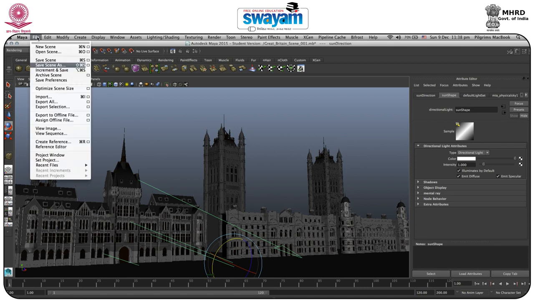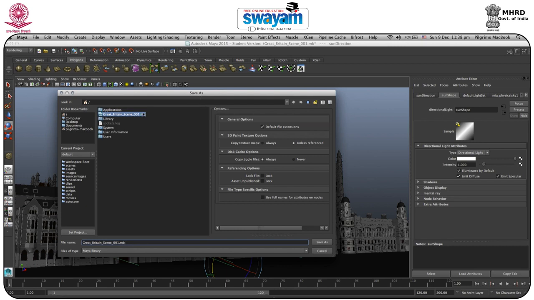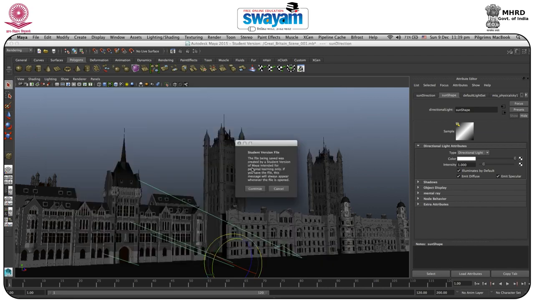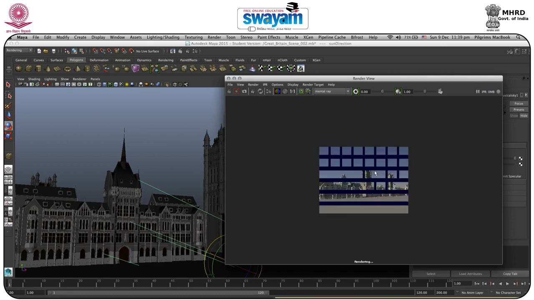So what else do we have? If you just put it like this, let's see what happens. But at first I will make a new version, so we'll save this file. We have already made a new version, and we'll make another version: Great Britain scene 002, underscore 002. Okay, save. I just saved it in my binary, continue. If I rotate the direction of this light and render the same, what will I get? See, as you can see, it gets darker and it's kind of afternoon light.